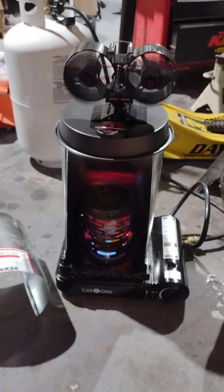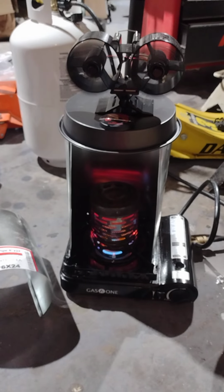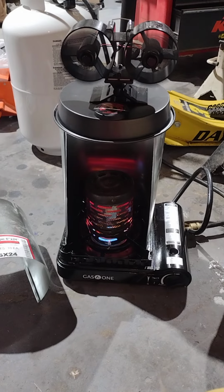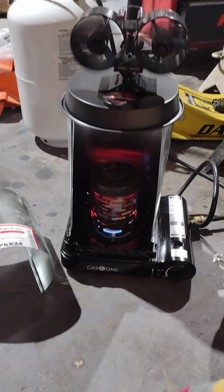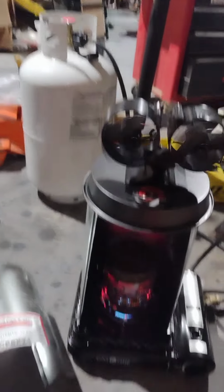Okay, so I've done a fun little experiment. This thing is putting out tremendous heat. We're going to use it in our camper and maybe even a tent or something as well. But I just took the Gas One dual fuel, got it on propane, currently hooked to a 30-pound bottle, and